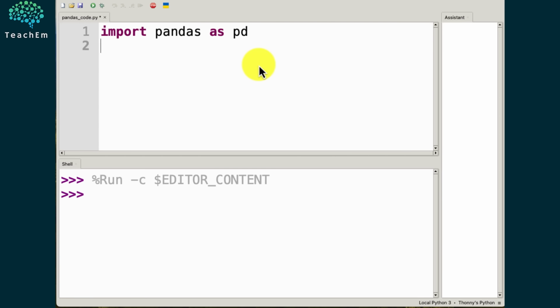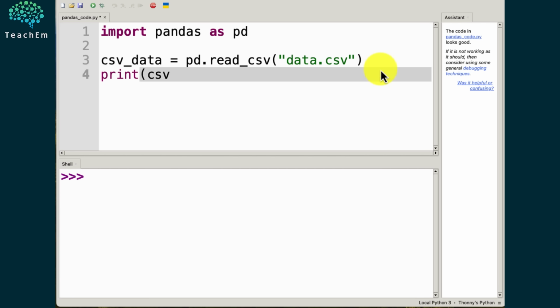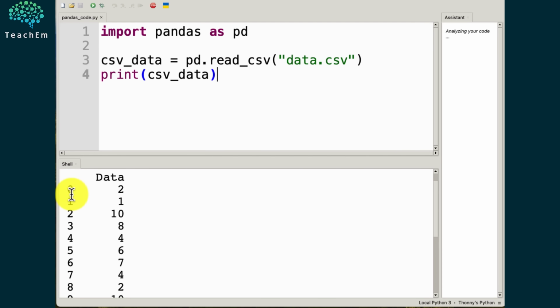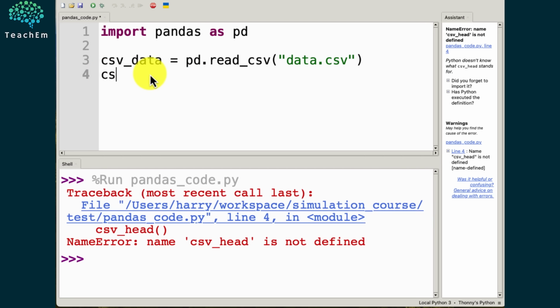To read a CSV file, CSV data, we just type read_csv, and then we give the name of the CSV file, and we can print this data. There we go. So down the left hand side, these are just the indexes, and then we've got our data here down the right hand side. There's other useful things that you can do, such as